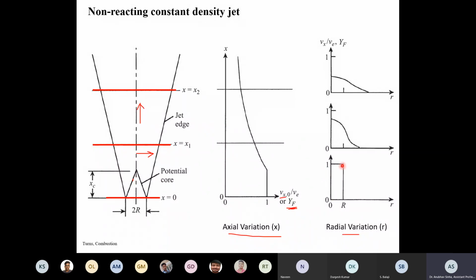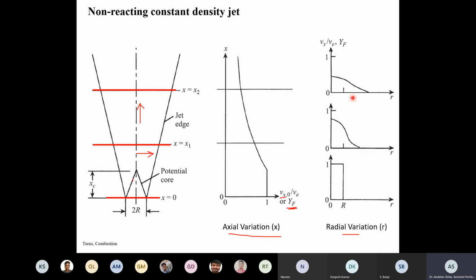Okay. Now if you go up, if I cut it here, what will happen? Central region, some fuel will be there, but it will be diffusing. The concentration will go down and will be mixing with air. That is what we see here. At the center we have more concentration, but it is not 1. It is not pure fuel. Some oxygen or some air has also mixed here. That is why it is less than 1. And then it is decreasing. So at the center is the least mixing, at the edge it is the most mixing, and here it vanishes. After that there is no fuel, only air.